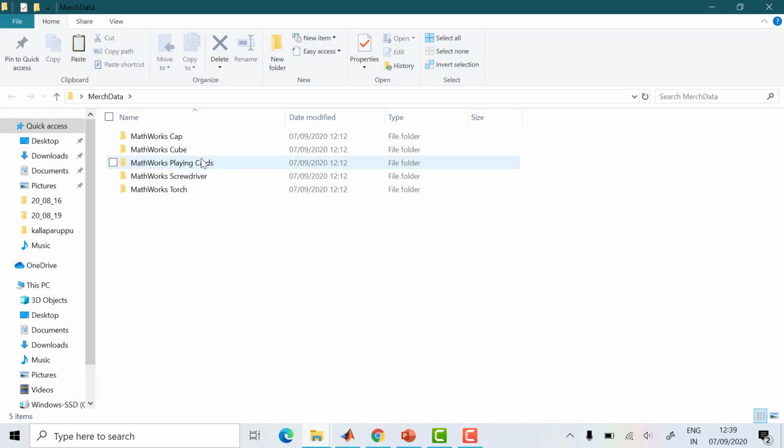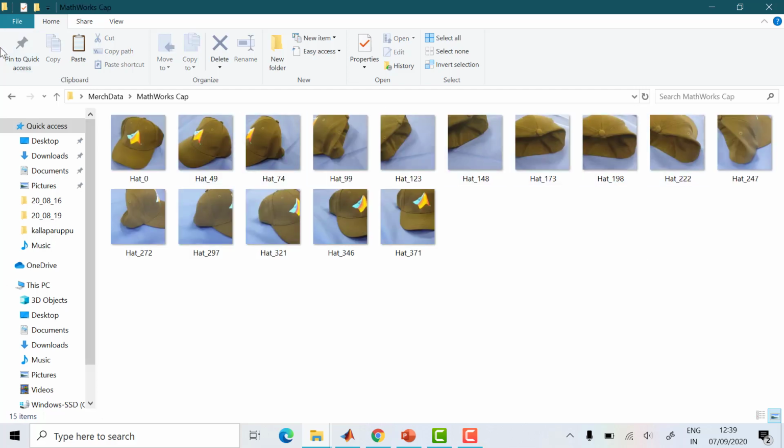So in the Merck data, you can see cap, cubes, playing cards, screwdriver, torch. These are the 5 different elements, and images are there inside. You can see inside there are a lot of images. You can see the cap. See how they have taken the image at different angles, because the cap can be shown in any way.